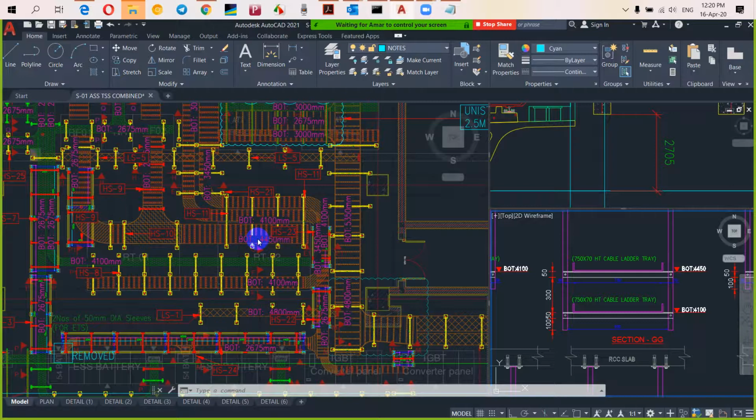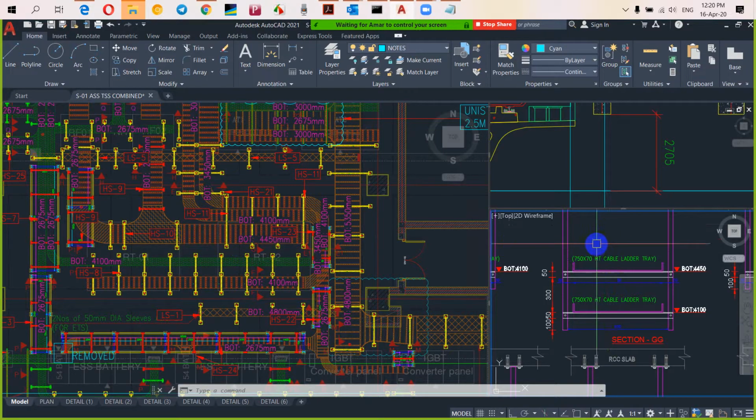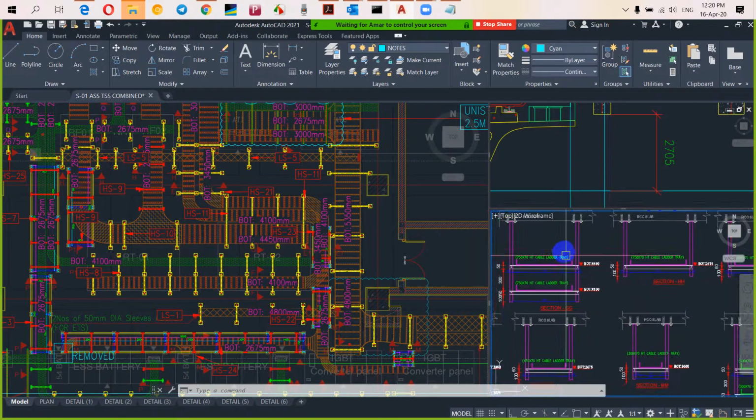Okay. Jamil san, did you understand? Not actually, so let me write it down. Okay, there are three trays parallelly. All three trays will be there at 4100, and at 4450 only one tray will be there. You check our sections properly, then you will understand. Section G, right? Section G and section E1. Yes, section G and section E. One more is section E. Okay.